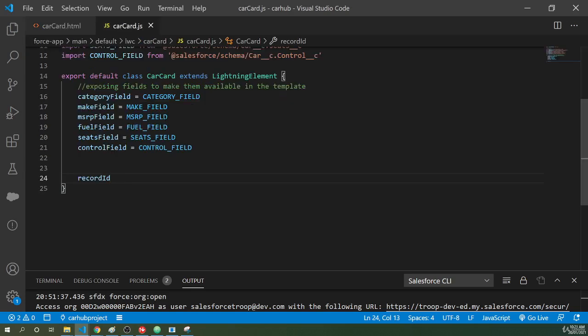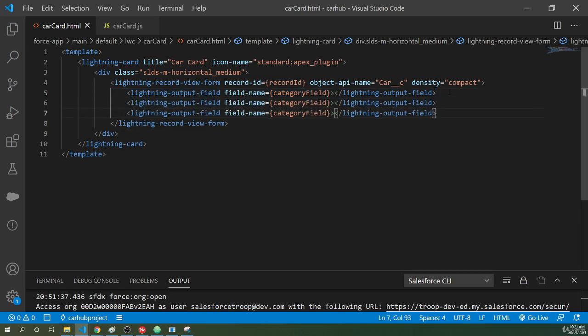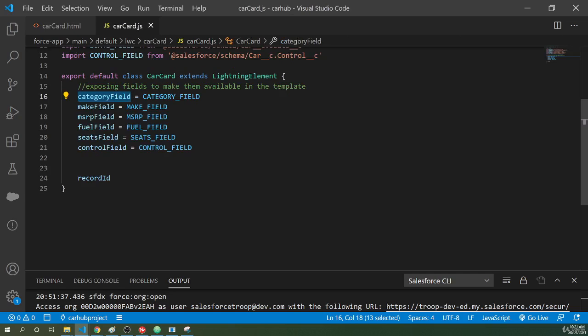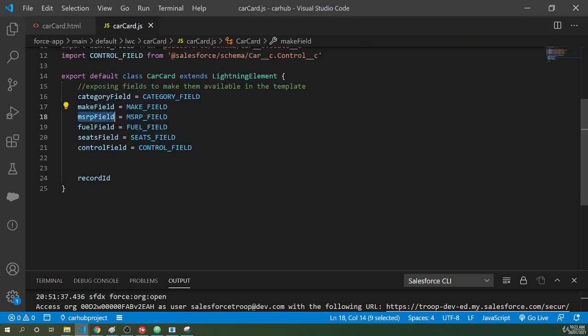The first field name is category field, so we'll map category field. Then we'll just copy this a couple of times. So now I have category field ready, then I need make field, then I need price field,